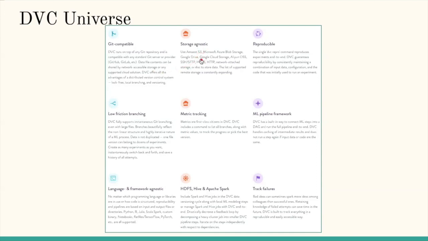It's storage agnostic. As I said, it can work with Amazon S3, Microsoft Azure Blob Storage, HDFS, SFTP, HTTP file system. It's reproducible, so it versions both data, the code that it generates, the model and the code that it generated with, so that you can rerun the experiment and reproduce the similar results.